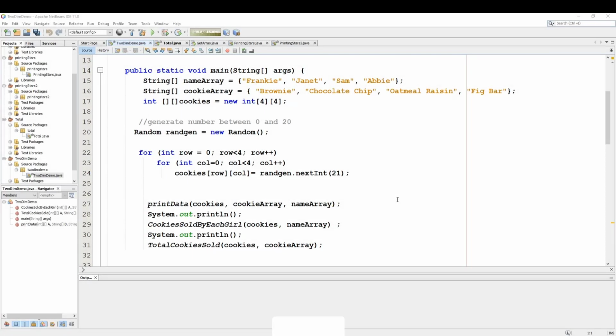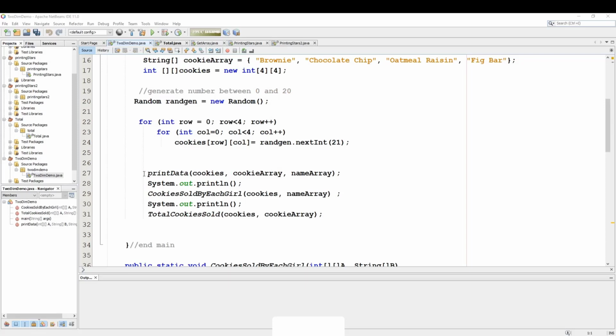This is our two-dimensional array program again with the cookies. So far we have created some methods, one to print out all our data, one to print out the number of cookies sold by each girl, and one to print out the total number of cookies sold. Let's see if we can, instead of just routinely printing these out, give our user